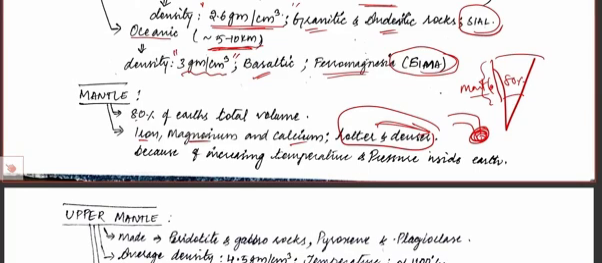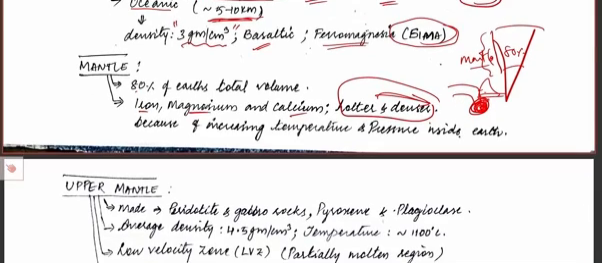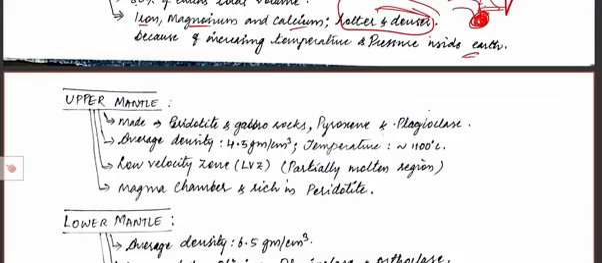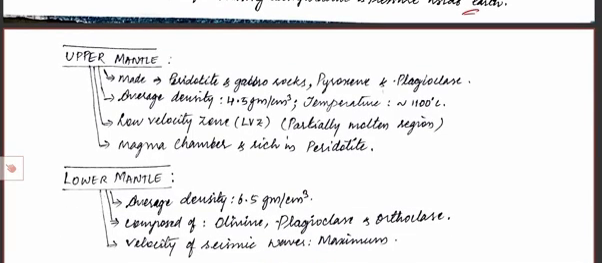Melting of that subducted plate takes place, and due to compression acting on it, it will form a volcano. Because of increasing temperature and pressure inside the earth, it is hotter and denser. So the next is the upper mantle, made up of peridotite and gabbro rocks, and pyroxene and